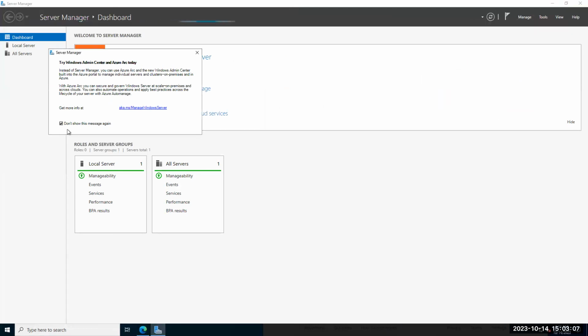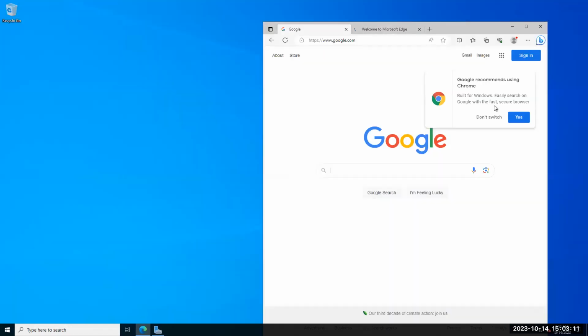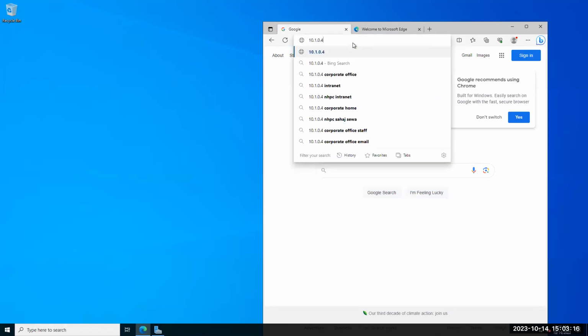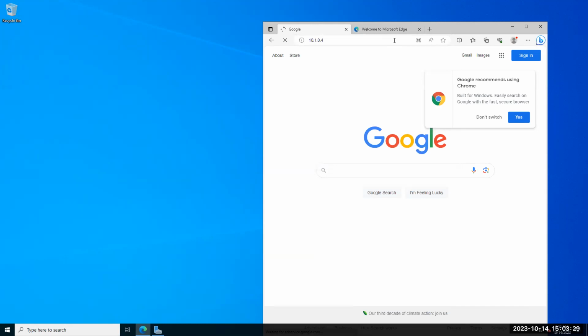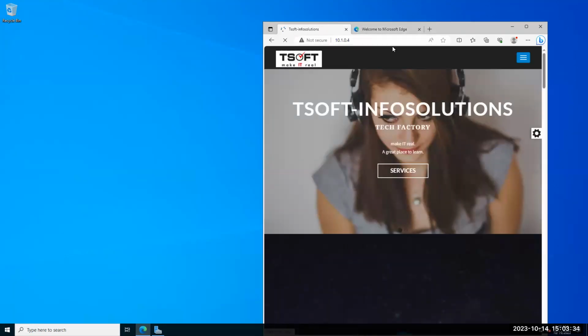Let me close this. And if I access the other server, the one which I created first, from here, and I have a website on that server, will that work? I'm using all private IPs. This is not the public IP I'm talking about. This is not something which you guys can also access. This is working. Why is it working?